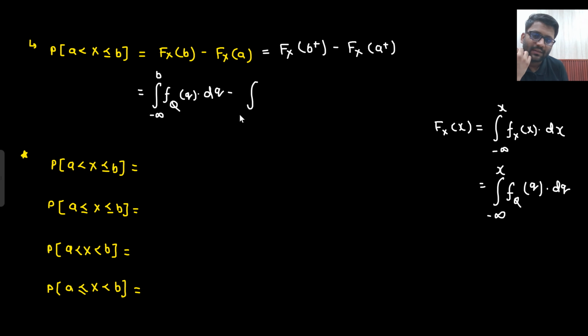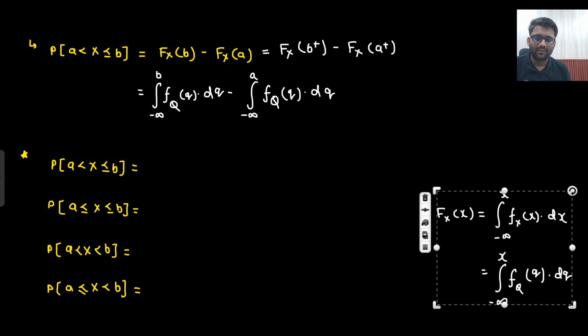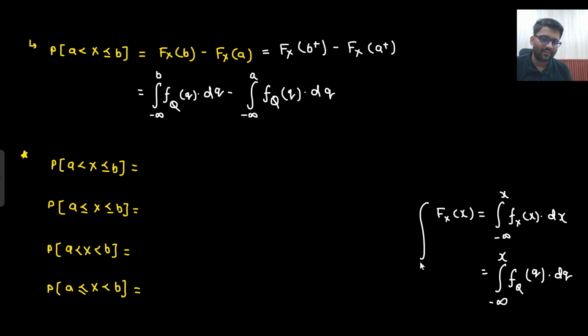Right, and what about minus infinity? In place of x you need to put a, because here you have a and here you have x. So in place of x you are putting a. You agree to this point? Let's take it downward a bit. So this does not make much sense, this makes sense. Now what I will do